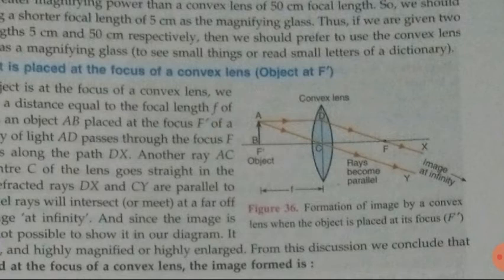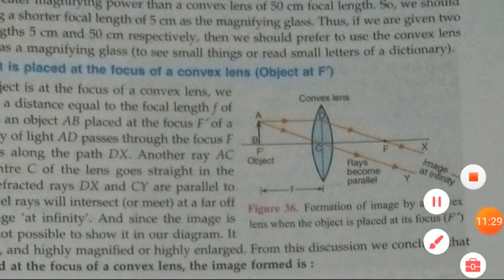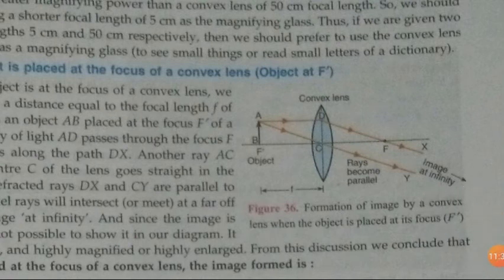Okay, so here we have second case, that when the object is placed on focus, the image will be at infinity, highly magnified, inverted and real. Okay, so this is second case. We have total 6 cases of convex lens. Out of that, 2 cases we have discussed today. Other cases we will discuss in next lecture. Okay, so till then you try to draw these diagrams which we have understood today, which I have explained to you today.